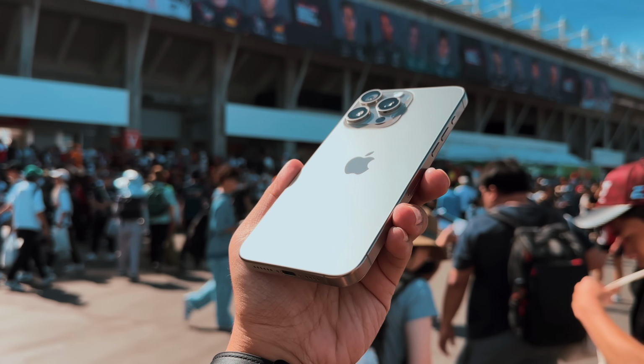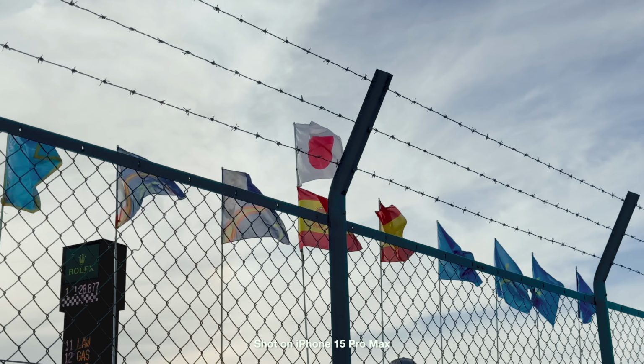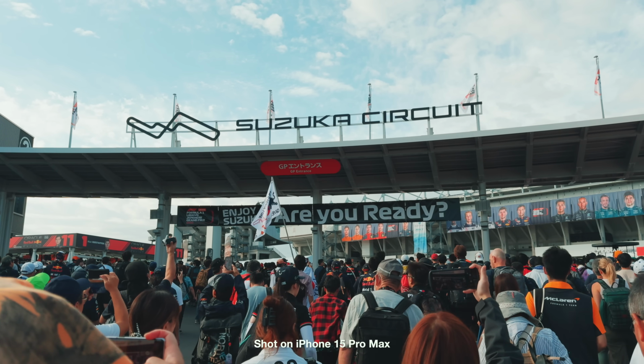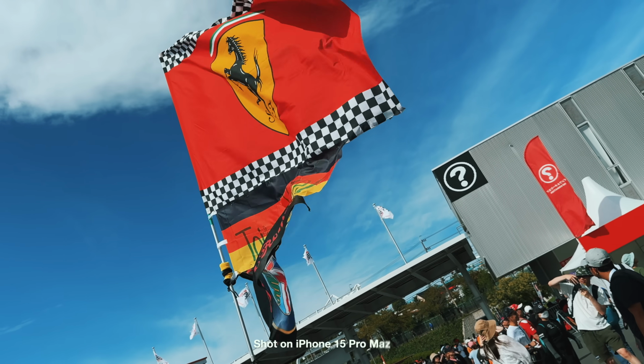After months of seeing rumors and speculation, I finally have my hands on the iPhone 15 Pro Max. And what better time to make a video on it than on my vacation. Now, in all seriousness, I'm actually here in Japan to attend the Formula One Grand Prix over at Suzuka Circuit, which I figured, since it coincided with the release of this phone, would be the perfect backdrop to